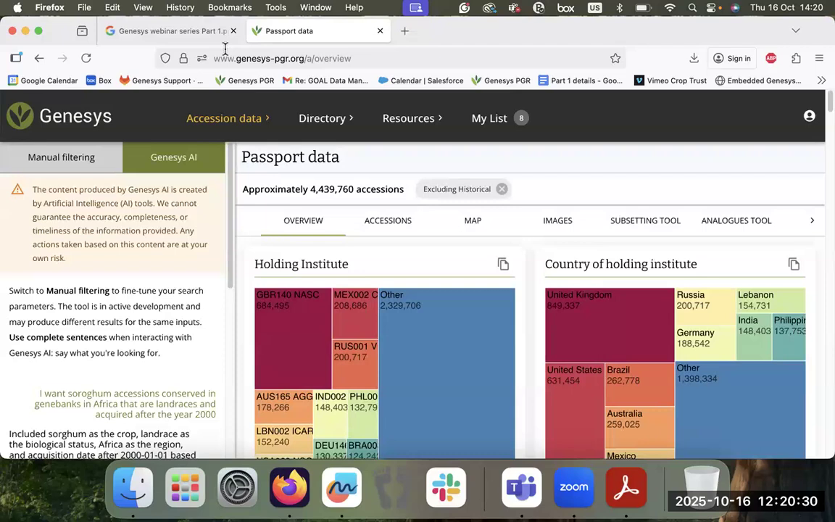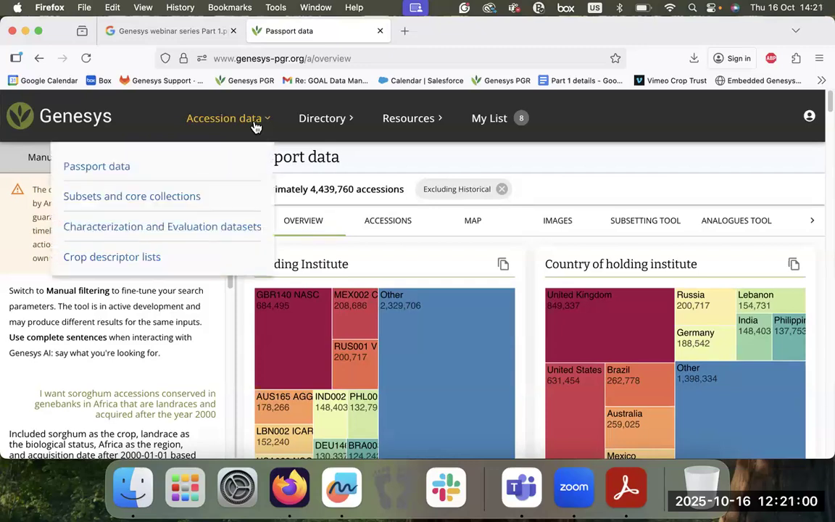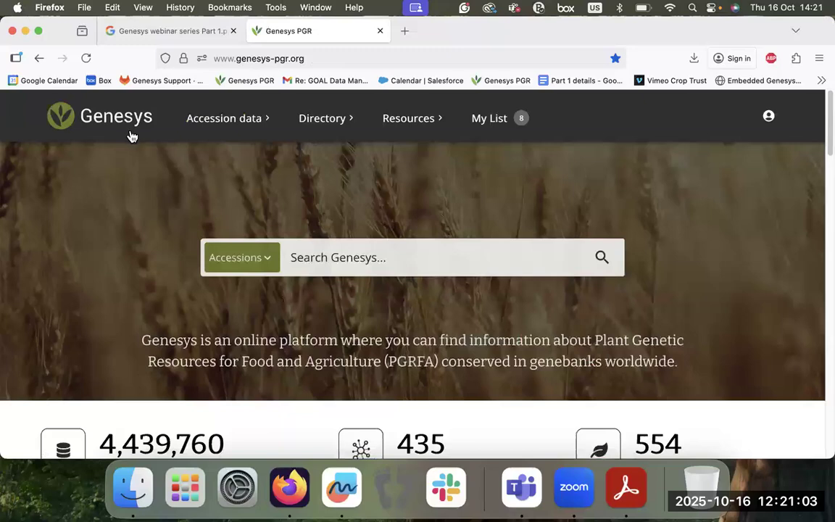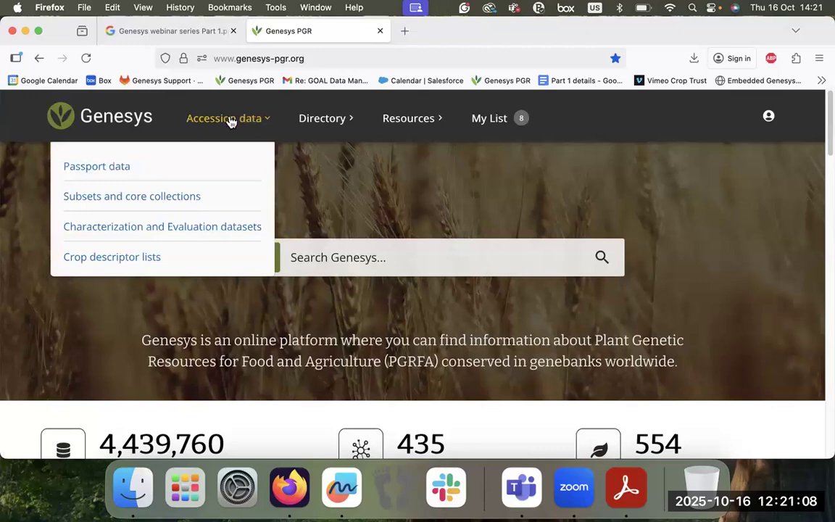So after this Genesys AI demonstration, and again, based on the user survey, we noticed that it would be good to highlight trade data that is available in Genesis as of 2023 in a format that is directly searchable on the platform without having to download files and query them on Excel or in different software. And for that, from the landing page of Genesis, you do not need to be logged in to access this information. You can go to the accession data menu,